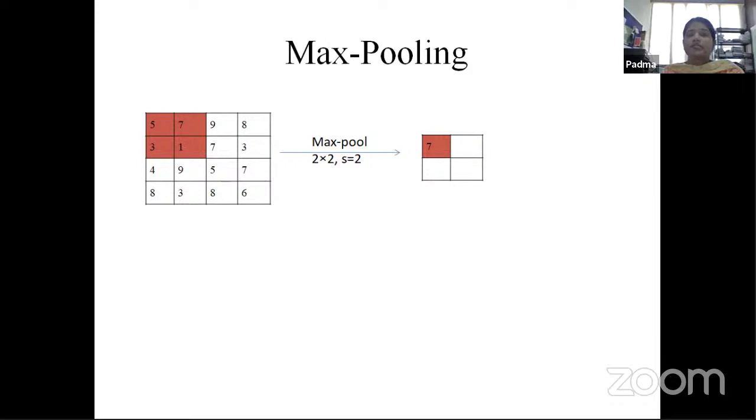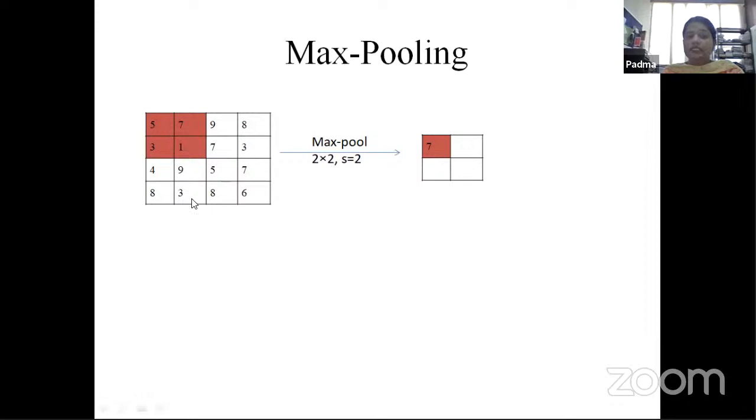So this is with respect to the convolutional neural network architecture, which you will be able to see in most of the existing architectures, like AlexNet, ZFNet, ResNet. In most of the architectures, you will find these convolutional layers and pooling layers used mostly in the initial part of the architecture, right?